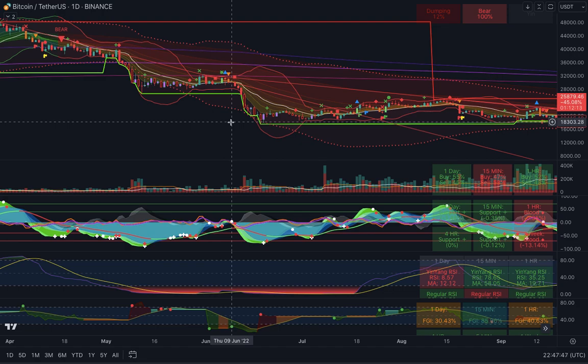Like the RSI is still so high. How could it possibly keep going up? Well, sometimes the momentum is there and it just keeps doing it. So, I mean, it is a lot riskier to say start a short or